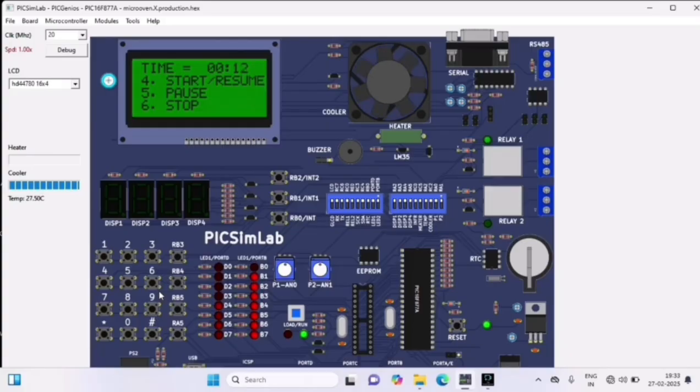That is the demo. Let me press the button. See, it restarts the timer from where it was paused previously. So let the countdown complete. If you want to stop the microwave manually,